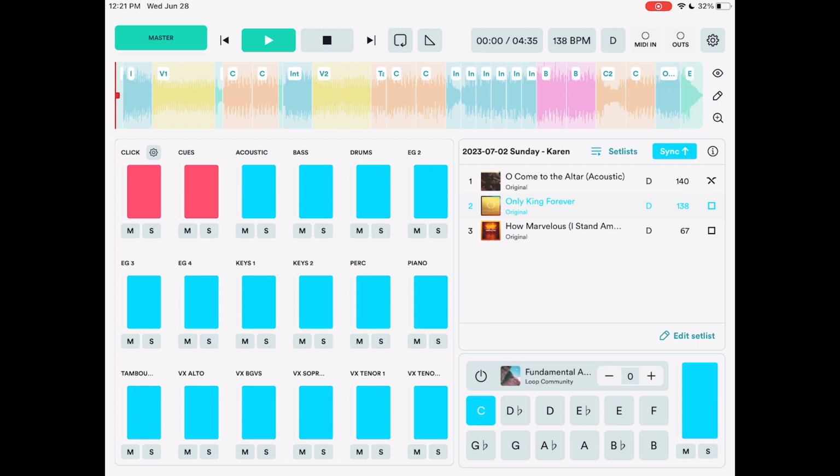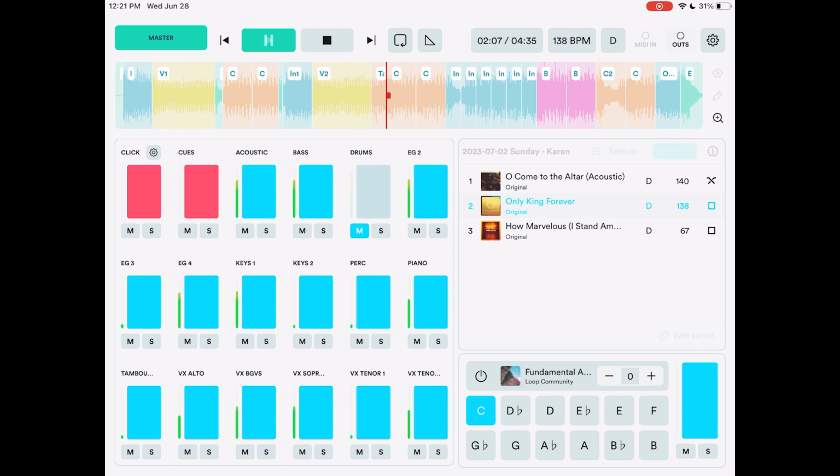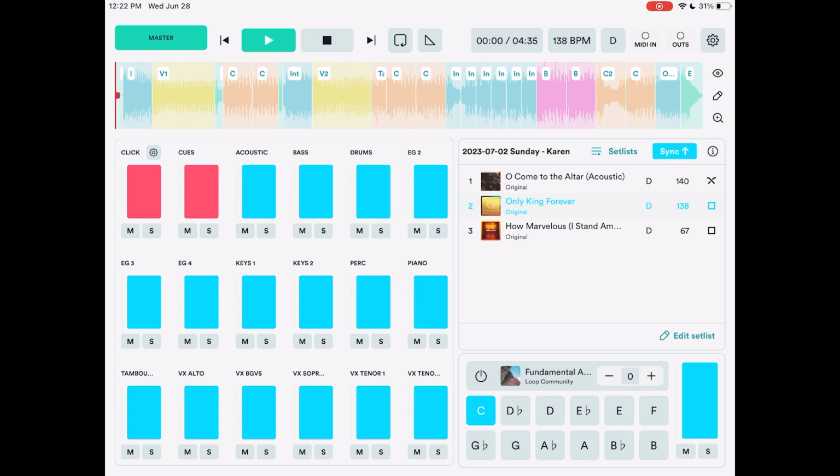I want to try practicing as if I was playing on Thursday with a band, but I don't want to hear the drums to throw me off, so I'm going to mute the drums. I am the drummer and everybody else is on. Let's just listen to that. So now I can play my drum part and hear the whole band. It's pretty simple to use,